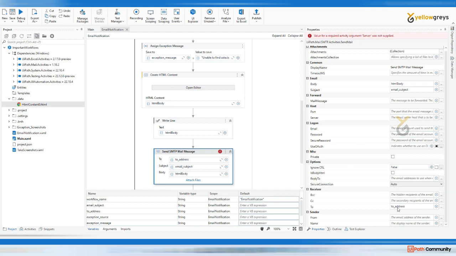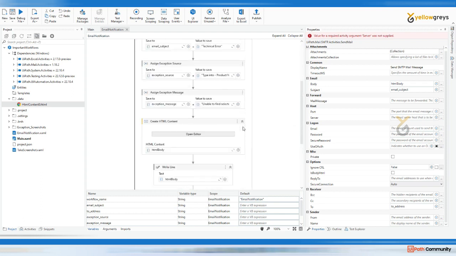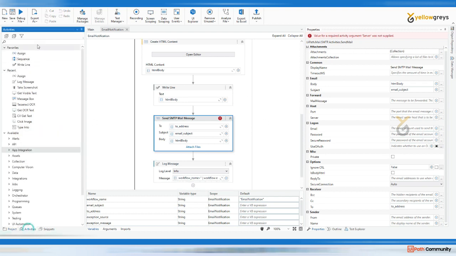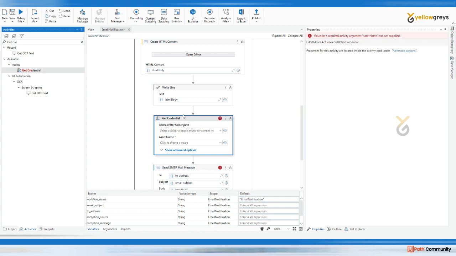Because we already passed the to address, if you want to add CC, you can pass it here. And now there is nothing in place, so I am going to use get credentials